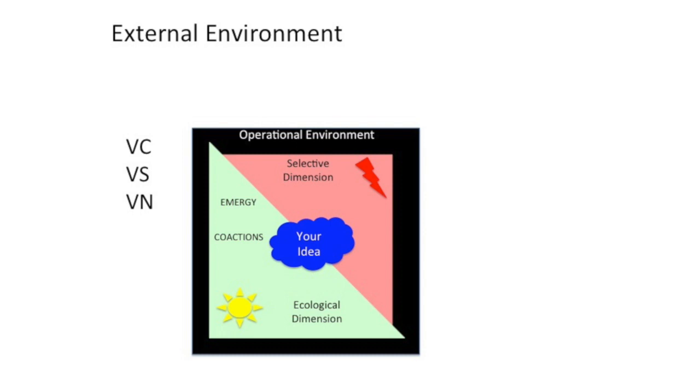So, in summary, think about how you now might need to look more broadly at the external environment, and are there other factors there that could relate to energy and coactions that you could draft in to your operational environment. In doing that, is it going to change the way that you perceive value could be created through value chain, value shop, value networks, combinations of? And how will that now change the relationship between the ecological dimension and selective dimension of your operational environment? If you can envisage all of that